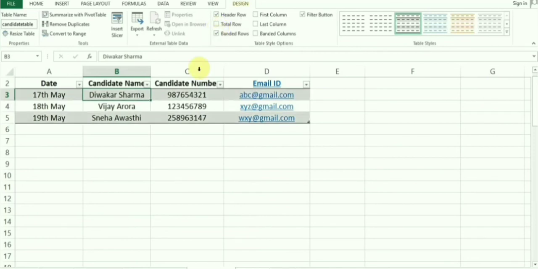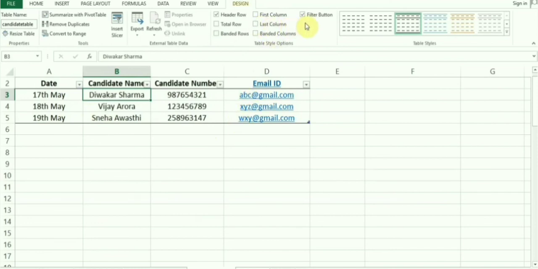Banded rows, as we discussed, highlight different rows. Banded columns highlight different columns. First column makes the content of first column bold, and last column makes the content of last column bold.